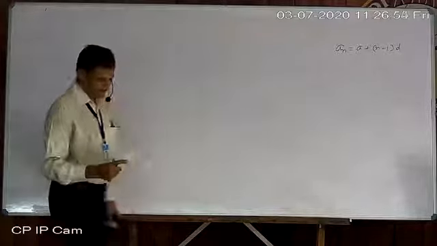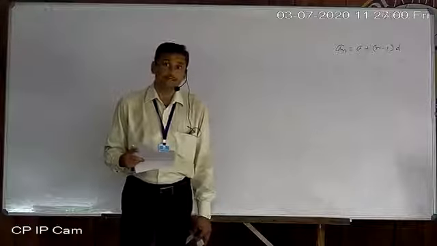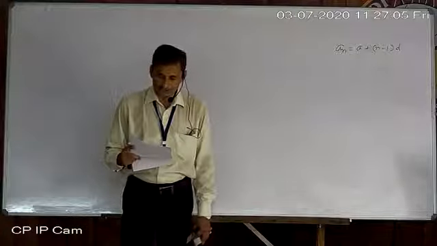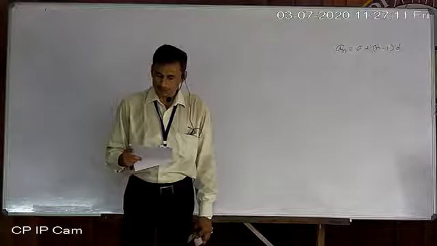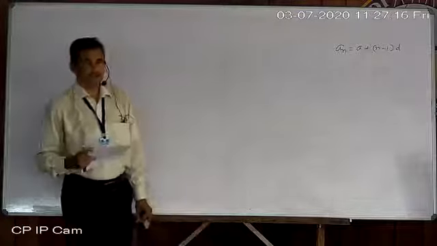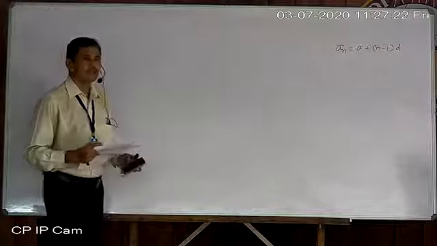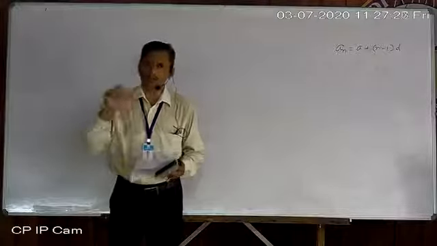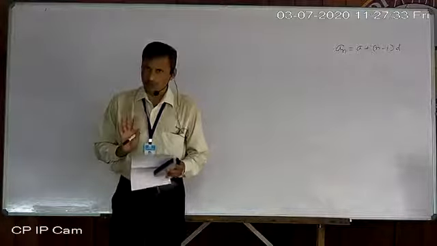In question number 1, 4 sub questions are given, and they are asking whether it forms an arithmetic progression or not. Okay, I read that instruction. In which of the following situations does the list of numbers involved make an arithmetic progression, and why? Why is only one concept or reason: that the difference should be constant. So we should try to make a progression, then check whether it is arithmetic progression or not.